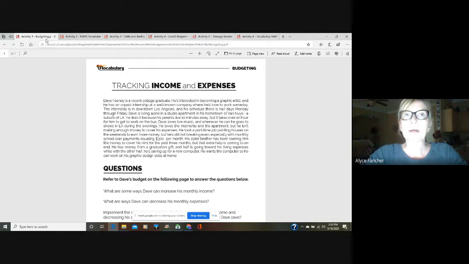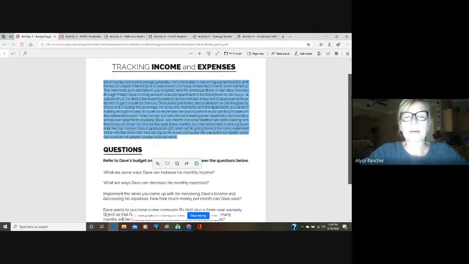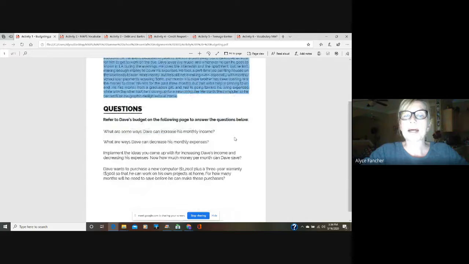The last couple of 6-week marking periods, we went through different financial situations to give you a better understanding of things that you might be facing in your real life. So this first one is talking about budgeting. What you will need to do is read the small excerpt that you see here, and then answer the questions that you see down below based on what you read up here in the text above.